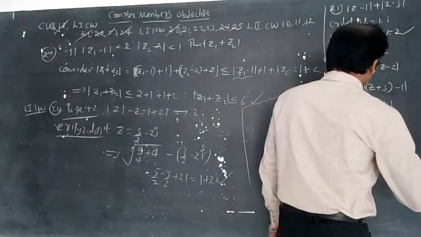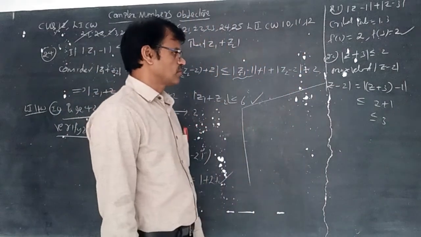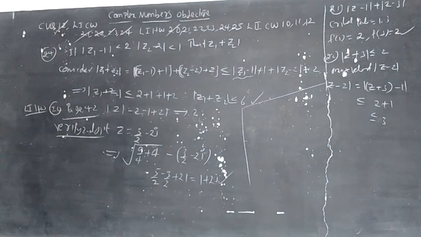Maybe, let us discuss whether it is given in the form of z1 minus z2. Of course, not possible, because it is simply a real number. Maybe 3 is the correct answer. He is asking about the maximum value in the 22nd question. The third option, because he is asking the maximum value.